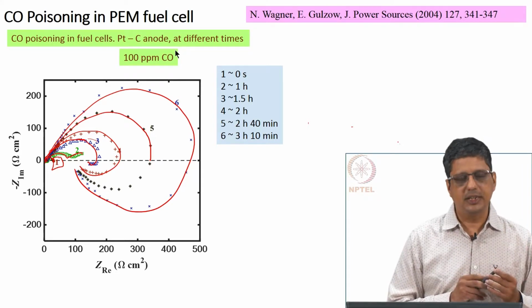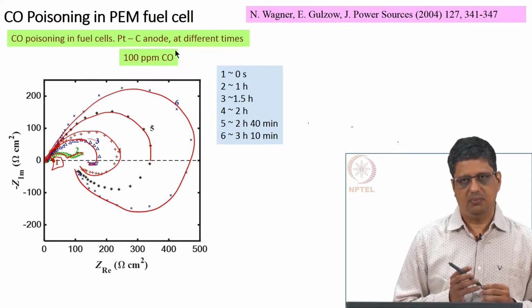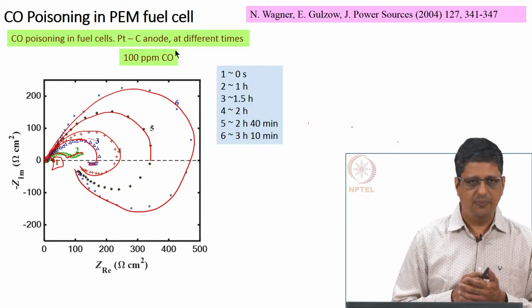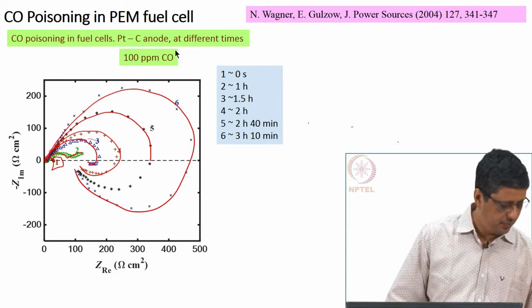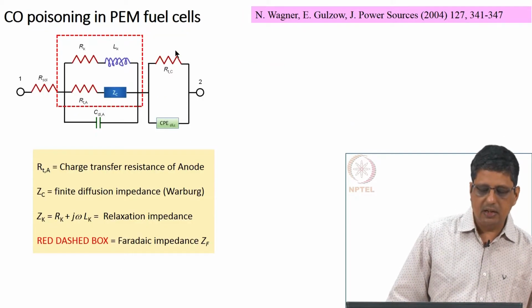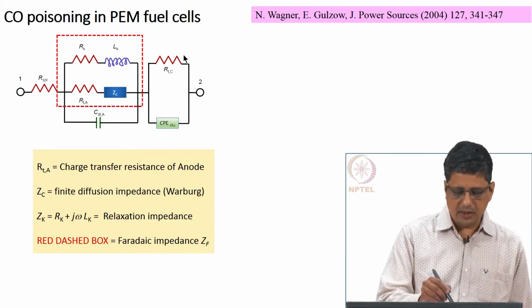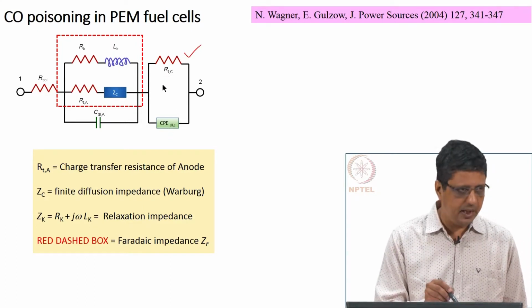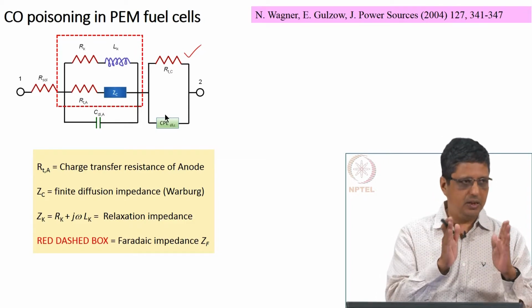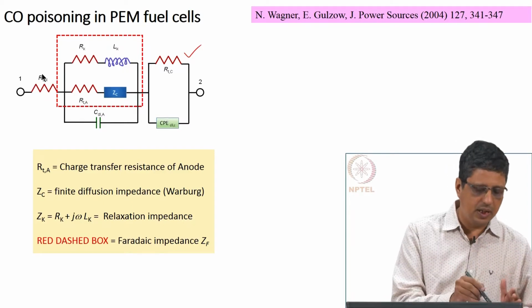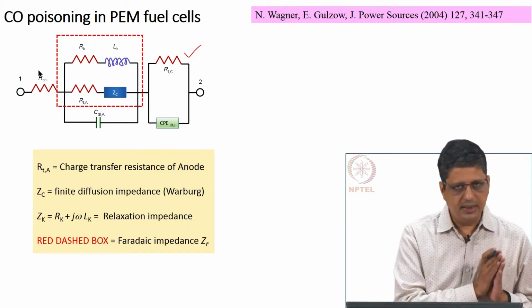Okay. Of course, when CO poisoning happens in real cell, what will happen is you will not be able to produce that much current. The efficiency of the catalyst will go down. Okay. But this is just a study to understand whether you can get a signature out of this. Analysis is done with the following circuit. Okay. You have cathode to represent the oxygen reaction, they have represented that using a simple reaction, simple resistance and a constant phase element. In between cathode and anode, you have a membrane resistance, I am denoting that as solution resistance here, it is basically a simple resistor. And on the other side you have anode.